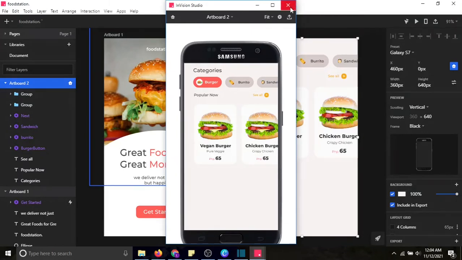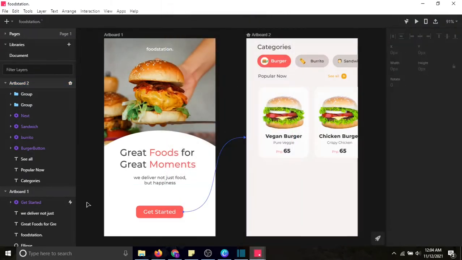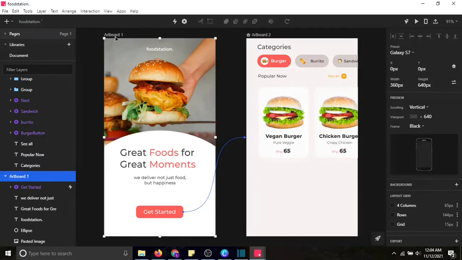So yun ang gamit ng home. So kung ano yung gusto mong unang lumabas na screen or artboard, when you click preview, then you assign that as the home artboard or the first screen to be displayed when you click preview. Okay, so I want this to be my home screen, so I'll click the home icon to that artboard. Okay, then we have, alam nyo na to, yung